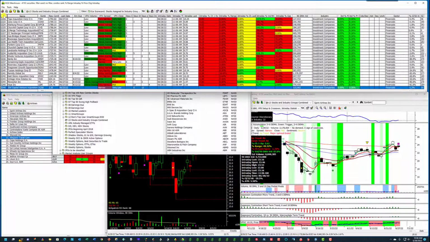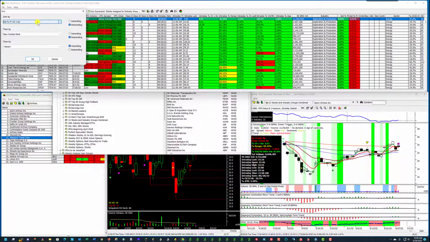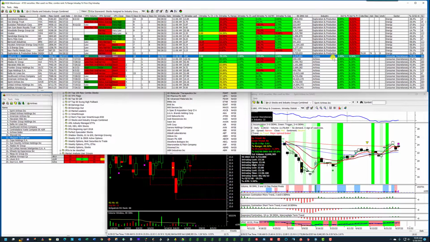I'll go over here to the left hand side, click on that, and it takes me to the top of the list. I have my sort on. It's the industry percentage price change 1 day and the raw combo rank. The combo is an intraday combo which drives the stocks with the best price percentage and range to the top of the list. Now, I did this a little bit earlier today, and the number 1 group was airlines. And you can see that the expiration of production has overtaken it. Not by much. It's 3.49% on the airlines